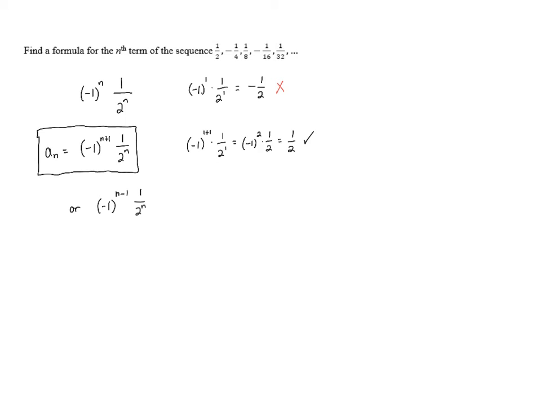In fact, there are other exponents we could have. We could have n plus 3, we could have n plus 5, we could have n minus 3, we could have n minus 5. Either one of those gets it so that we have positives for the odd-numbered terms and negatives for the even-numbered terms. But in general, n plus 1 is the standard exponent that we would use in a situation like this. I just wanted to point out the other possibilities because it's certainly possible that one of your classmates has used -1 to the n minus first power, and I want you to know that those answers are equivalent.